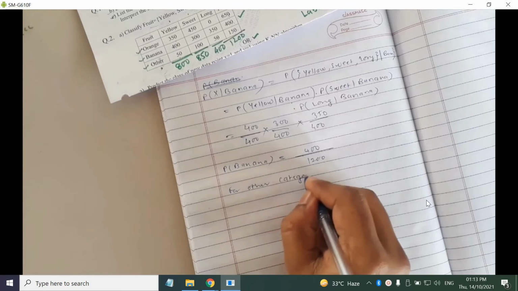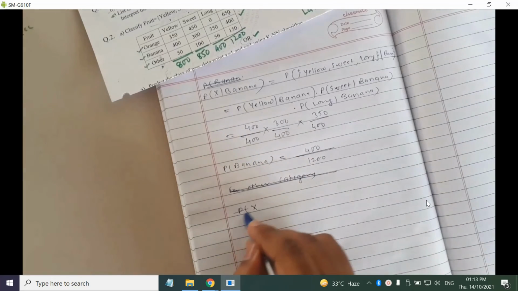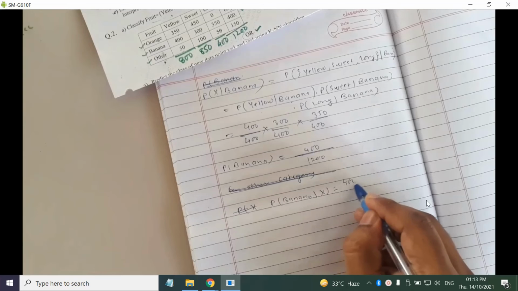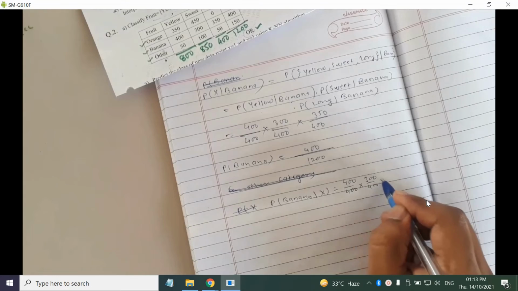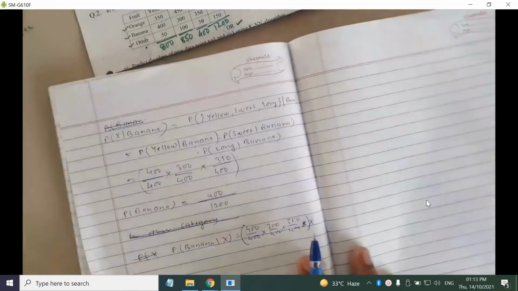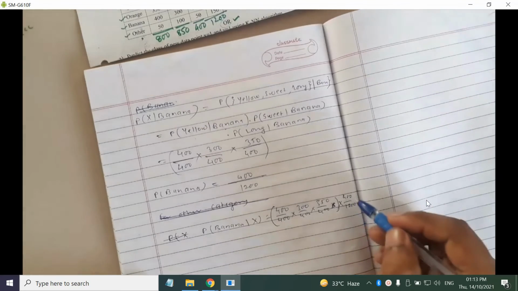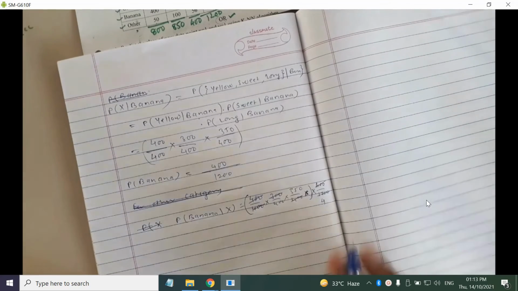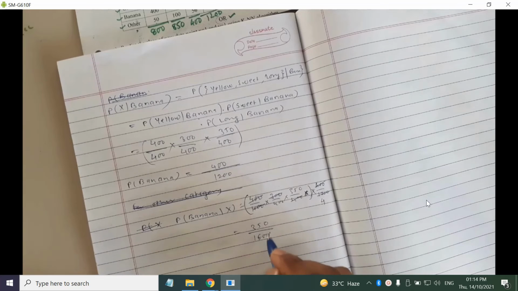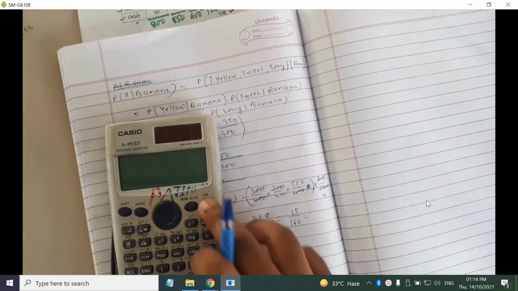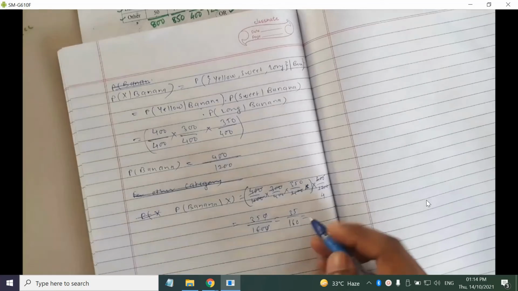For the other category, probability of x, one thing will remain: probability of banana given x equals this value, that is 400 into 350 into this total value, multiplied by the probability of banana, that is 400 by 1200. So this is cancelling, right? That's why I asked you to postpone the calculations. This 300 becomes 4 here, right? So it has become 350 into this one, 35 divided by 160. Okay, so we will postpone this calculation also.